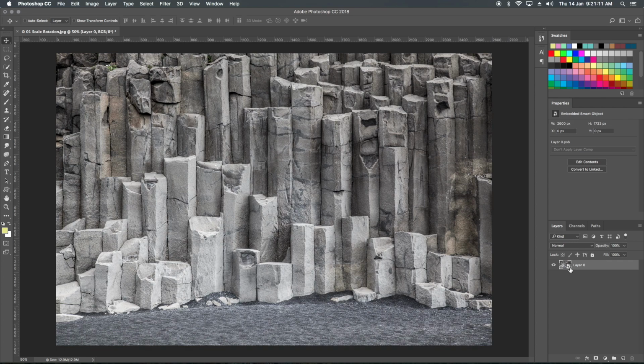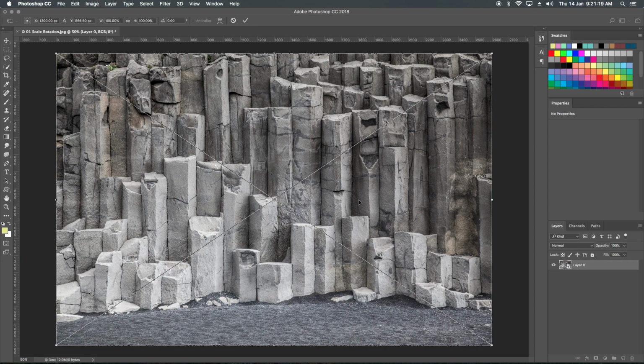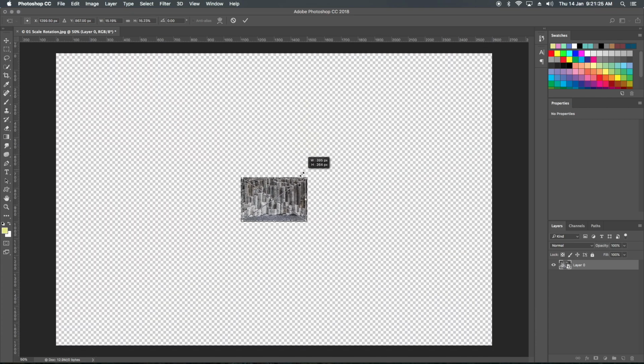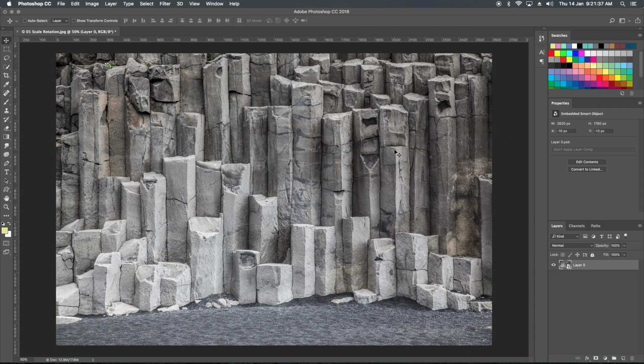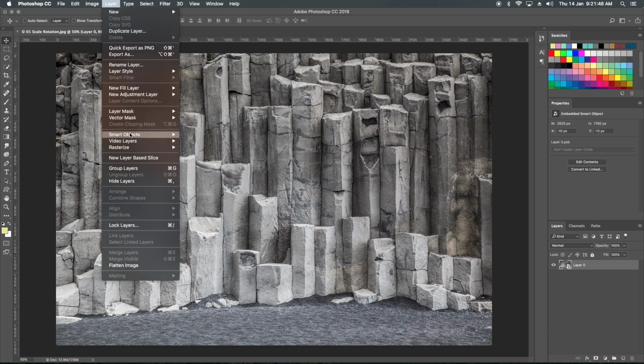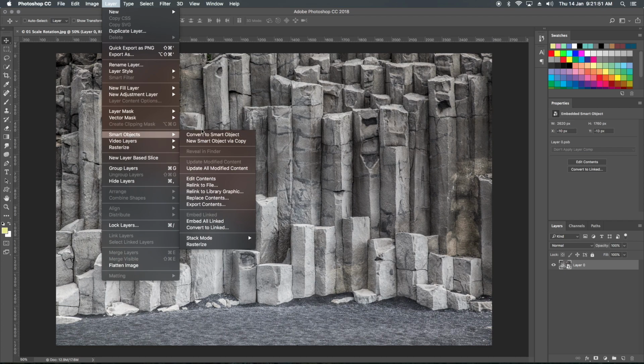So today is Thursday. Now this image is converted to a smart object. Let's scale this one down again. Now you can see the scaling option has also changed. If I scale this image down to the same size and press enter, and now scale it up again, the image is not losing any pixels. So what you have done is convert this image into a smart object, from Layer, Smart Object, Convert to Smart Object.